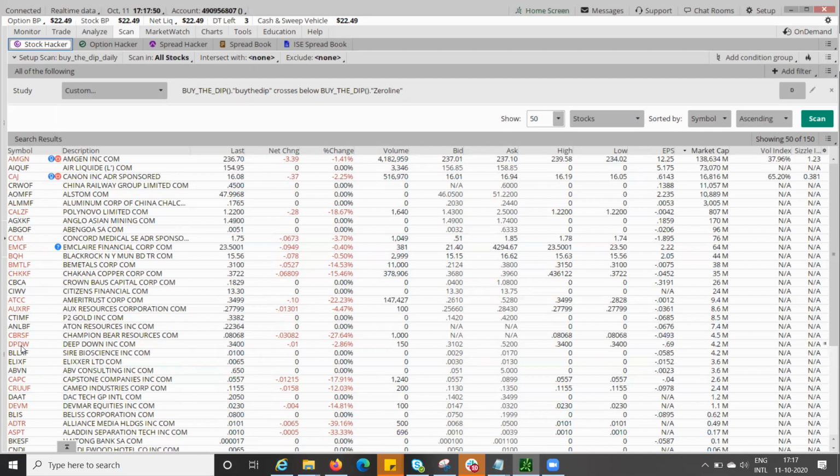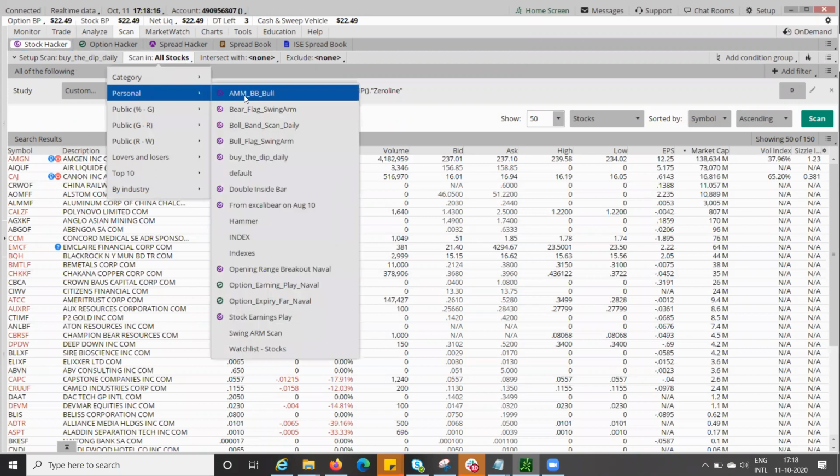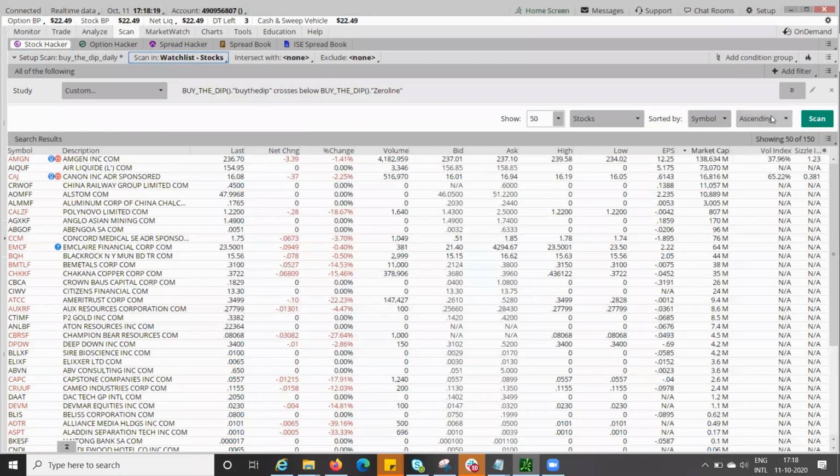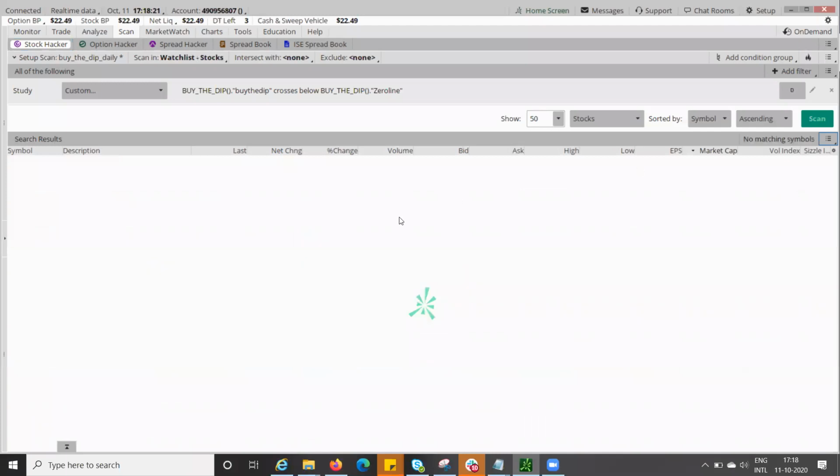But if you have limited stocks in your watch list, let's say you only trade in Nasdaq 50 stocks, not Nasdaq 100, only Nasdaq 50. You set them up and run the scan on those 50. And then be very specific that my scan logic is looking into only those. Right now I'm scanning in all stocks. Instead, I can scan in my watch list and see if I have any. The answer is none. So 99% of the time you will find nothing if you run those scans.